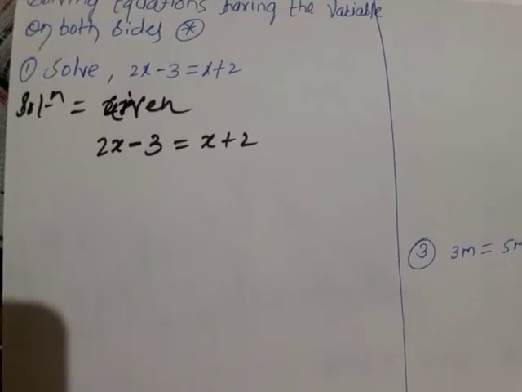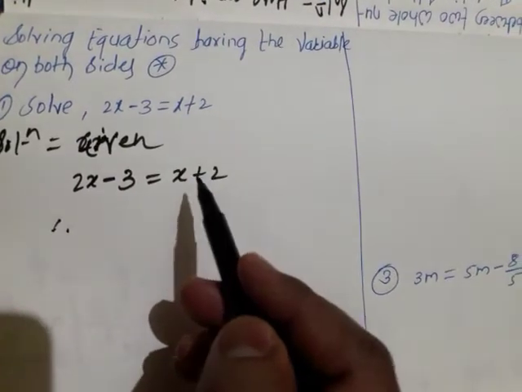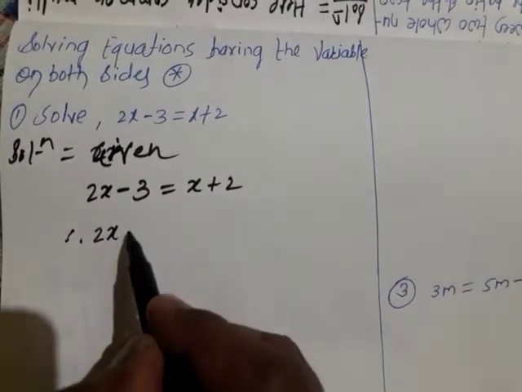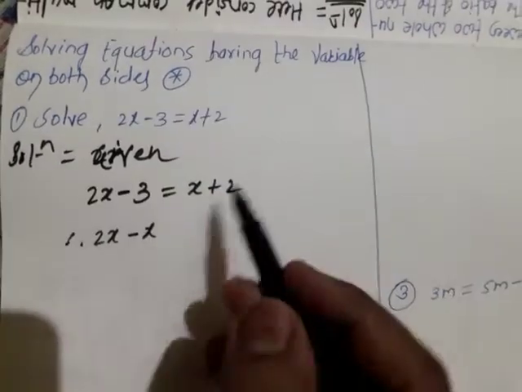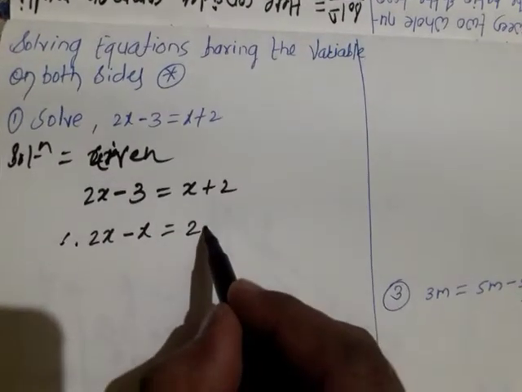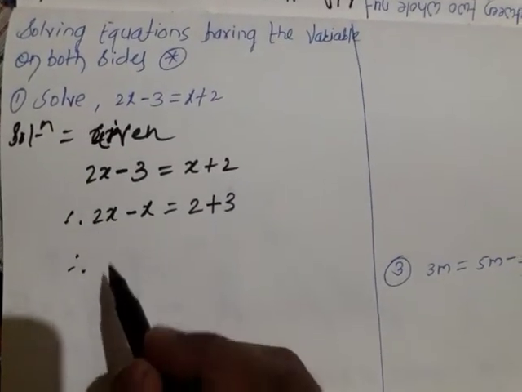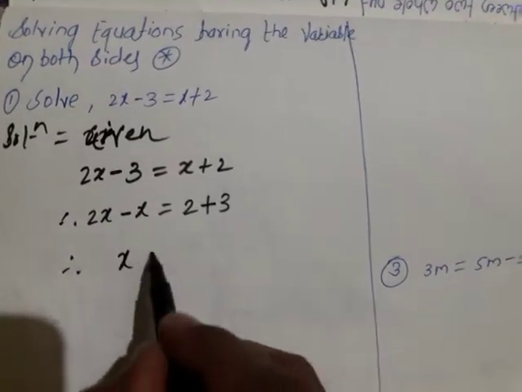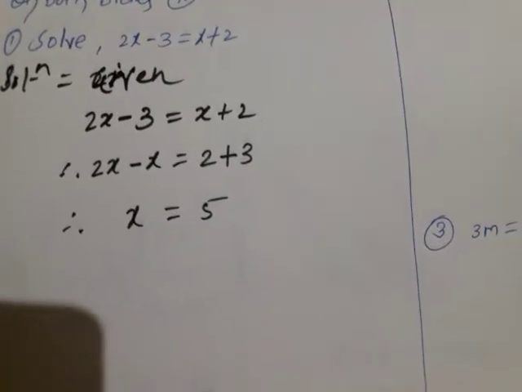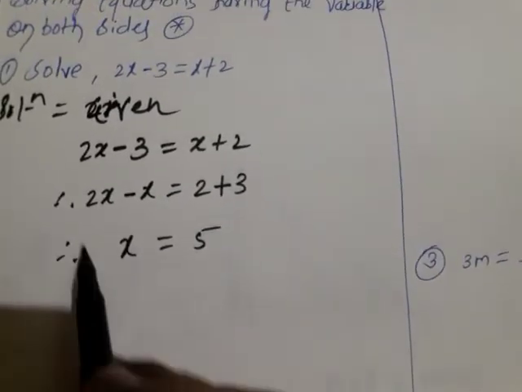Are you getting? Okay. Then look here, therefore 2x, while finding the variable I am going to transfer this x to x. Now it is plus, it will convert into minus. This you transfer, plus 2 is here, minus 3 will convert into plus 3. Therefore 2x minus x, 2 minus 1, x is equal to 2 plus 3, 5. 2 plus 3 is what? 5. Are you getting? This is the answer.